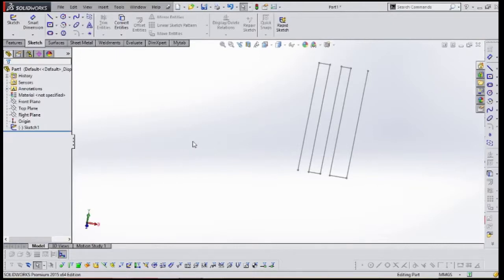Like this you can move the command manager to your comfortable position. For now this is my comfortable position, so I have kept it here, and it is the default.